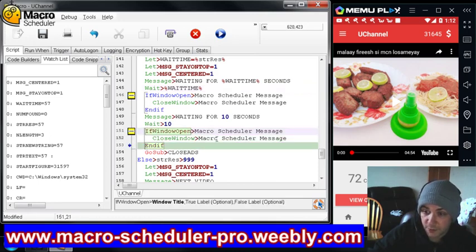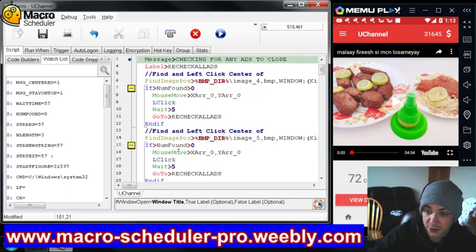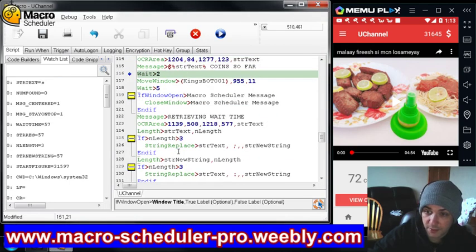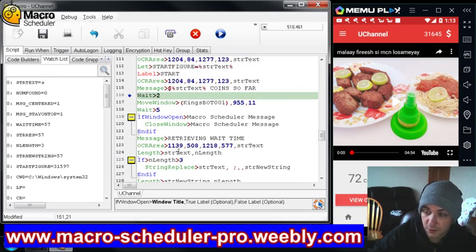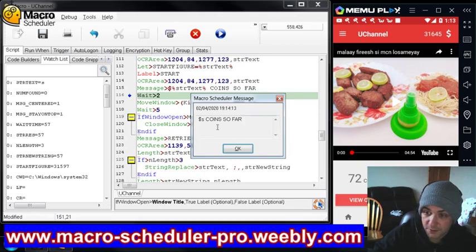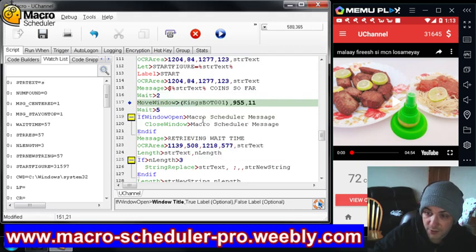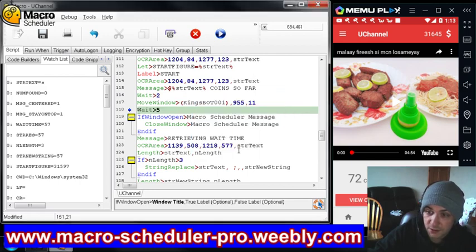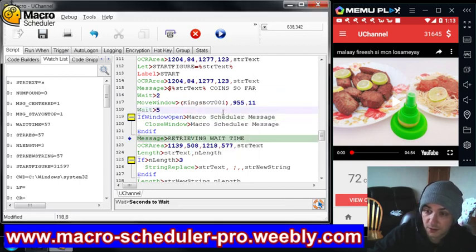And then if the message is open, close the message, and then just check to see if any ads are open again. So it goes down through the ad. There's no ads running. So coin so far, it's made a mistake, so it's not really important, but it moves the window into position again, waits 5 seconds, closes the window if it's open, sends a message for retrieving time, uses the OCR wizard to get that time,